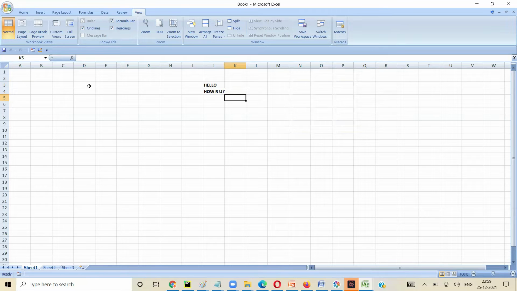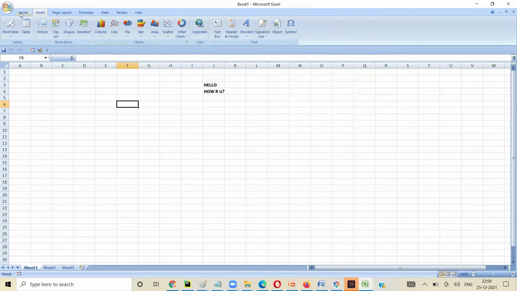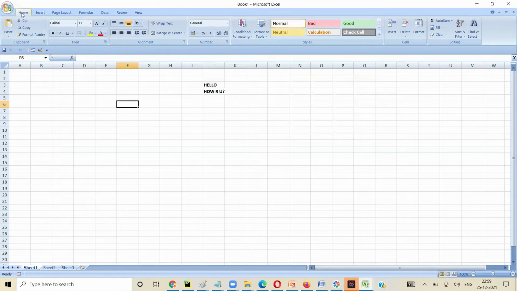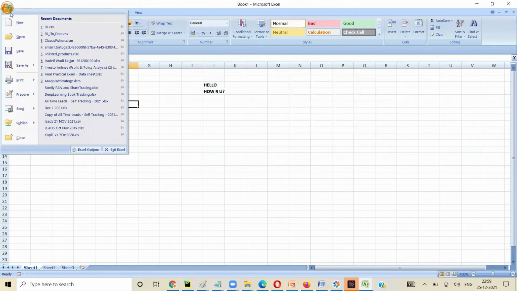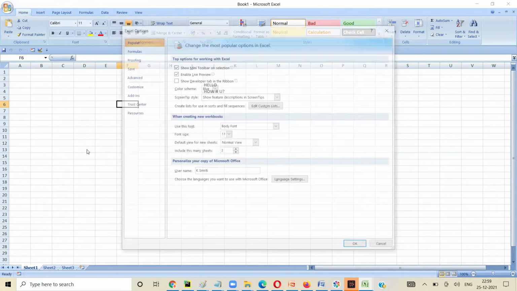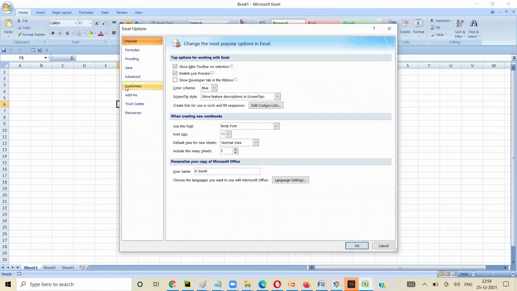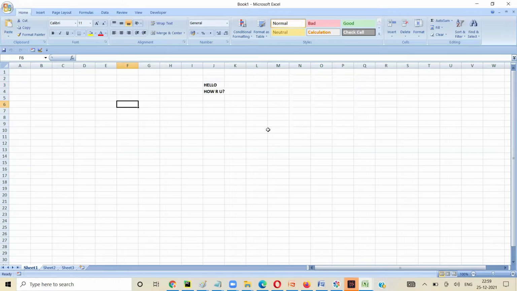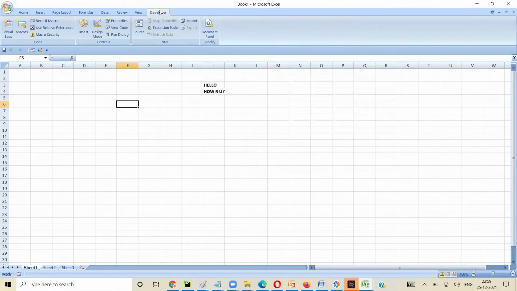So what I'm going to do here for now is add, let's say, a button. We added the developer tab in the ribbon, and when I click it, it has the developer tab. In the developer tab you have Record Macro and all these things.